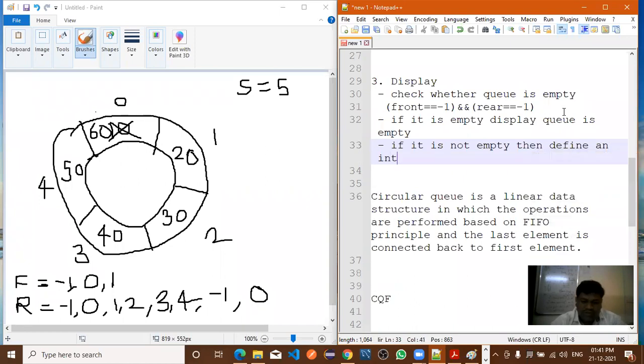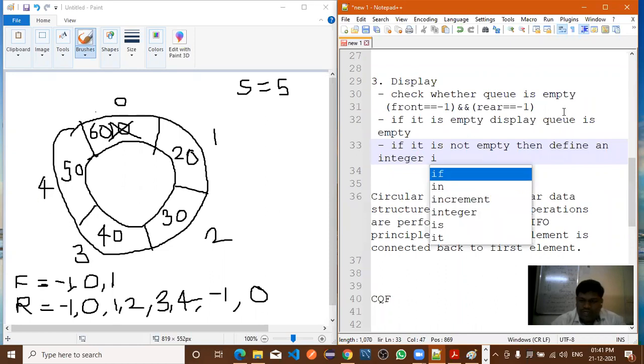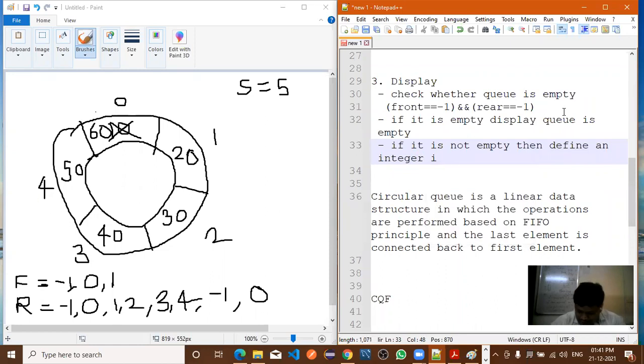In the for loop, what do you require? An integer value, right? So always we take I. You can take any variable, and set I equal to what? I equal to 0? Here it is a circular queue, not a linear queue. That's why I'm writing this statement here.